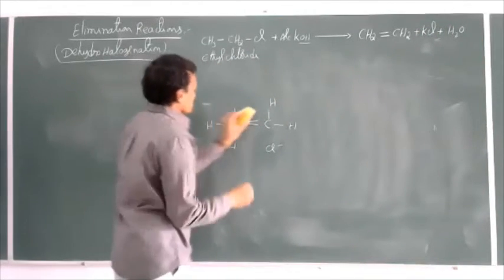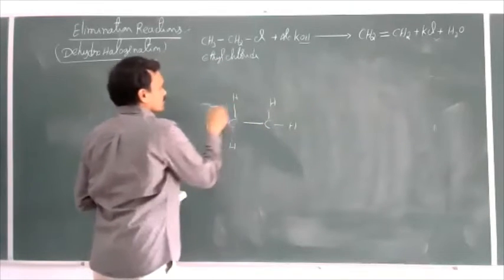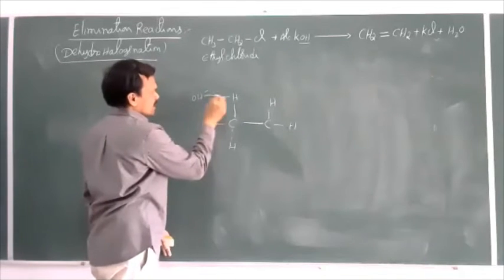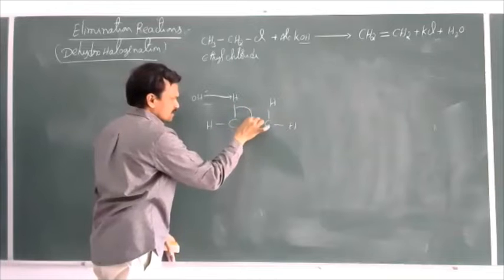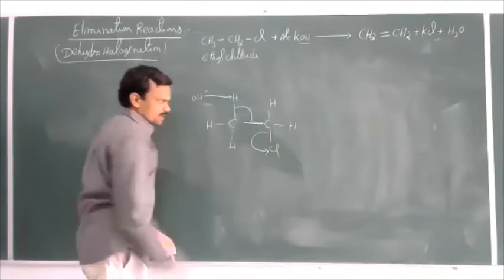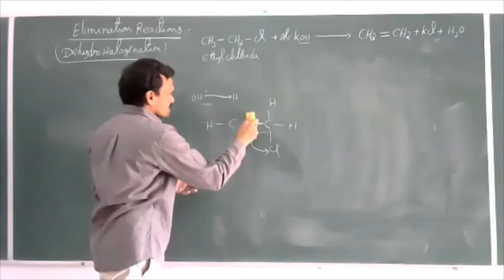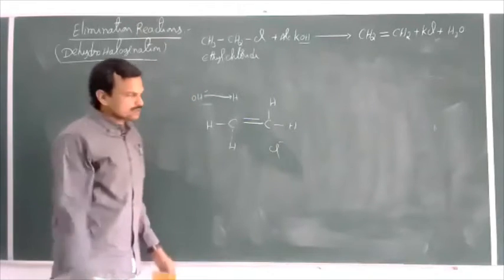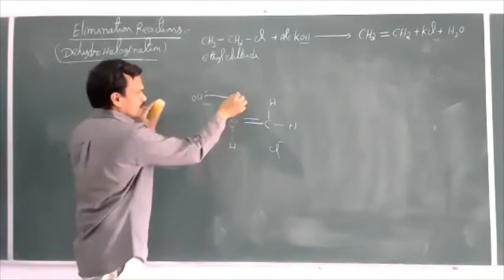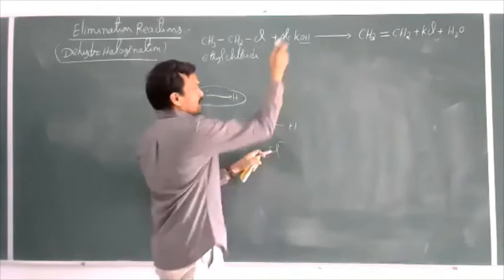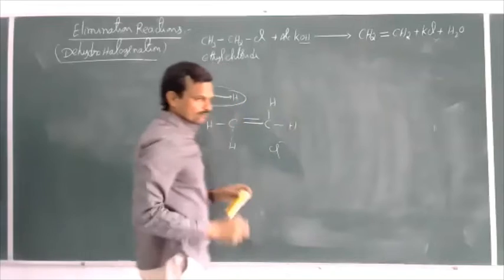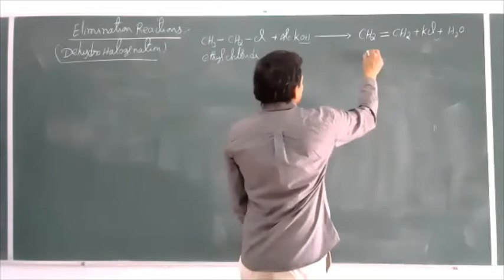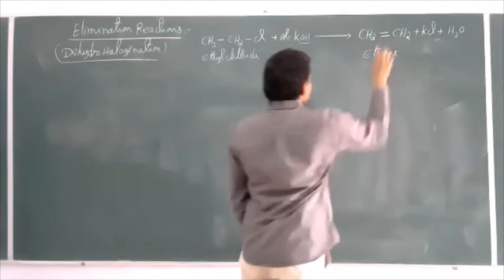See once again. So OH minus attacks this hydrogen. When this OH minus attacks this hydrogen, this electron pair is shifted to here, and this C-Cl electron pair is gained by Cl minus. When this electron pair is shifted to here, it becomes a double bond, and this electron pair is gained by chlorine and becomes Cl minus. So OH minus and H combine to form a water molecule, and this Cl minus and the remaining K plus of alcoholic KOH combine to form KCl. So this is the mechanism of this dehydrohalogenation. Then what is the product formed here? This is nothing but ethene or ethylene.